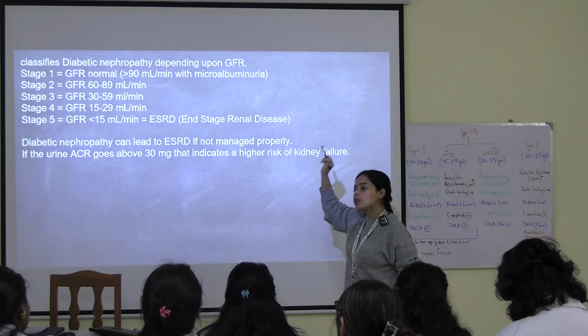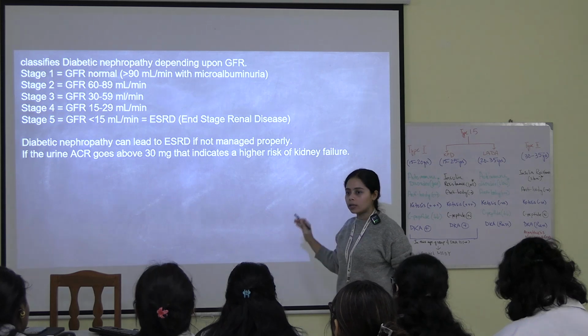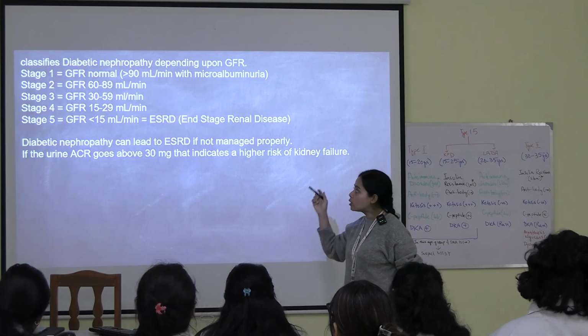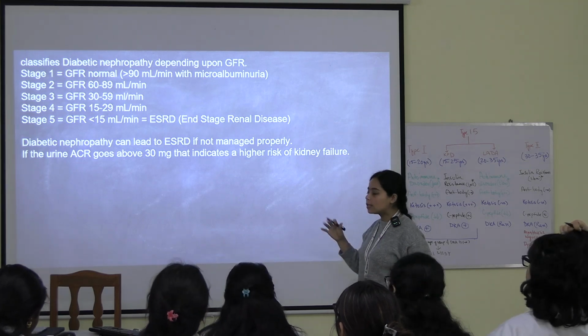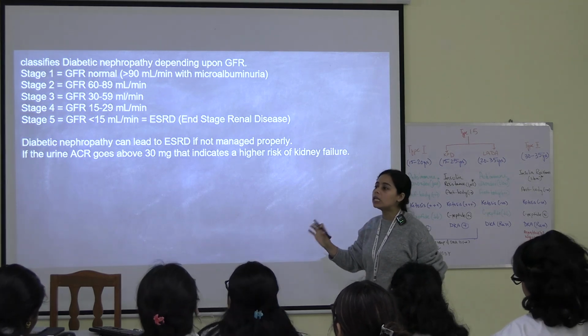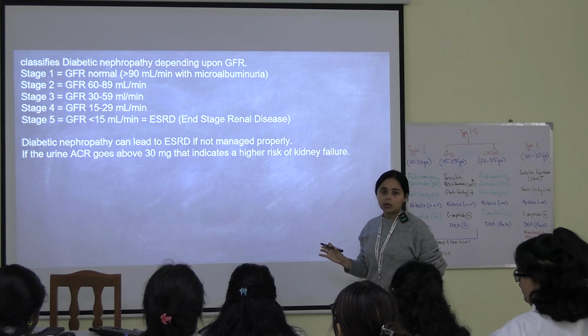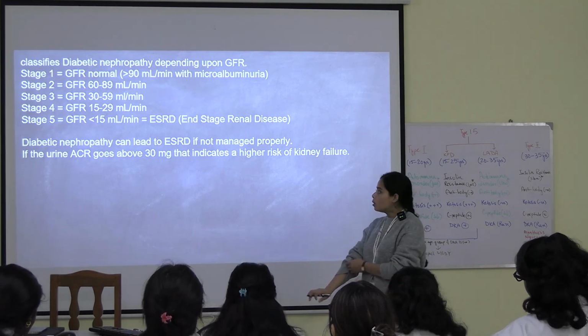If the GFR was normal, then it would have given you 10 years time. But if it is already stage 3 or stage 4 in some cases, then it doesn't give you the 10 years time for the kidney failure or the kidney shutdown. Okay, so this is